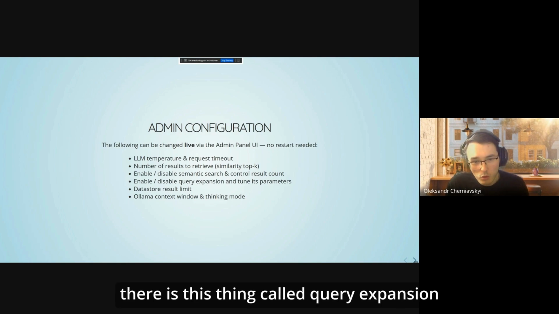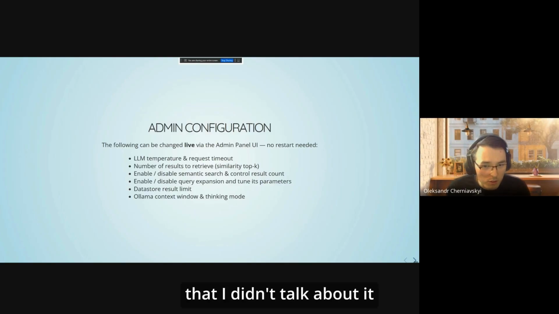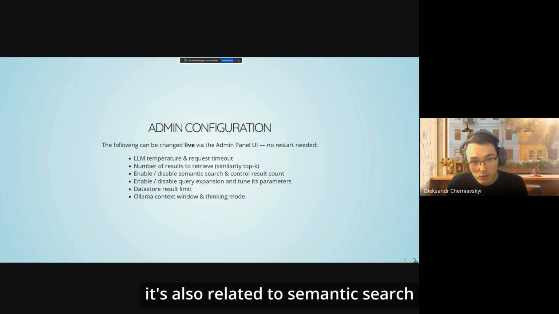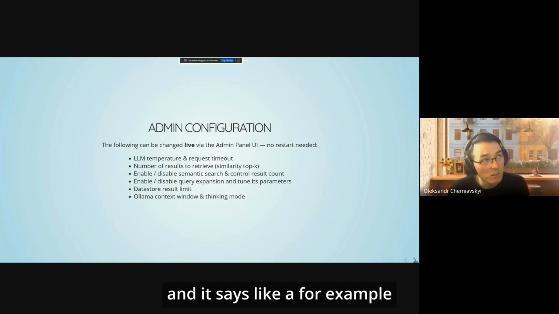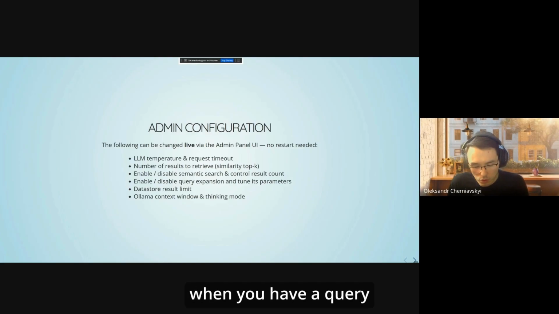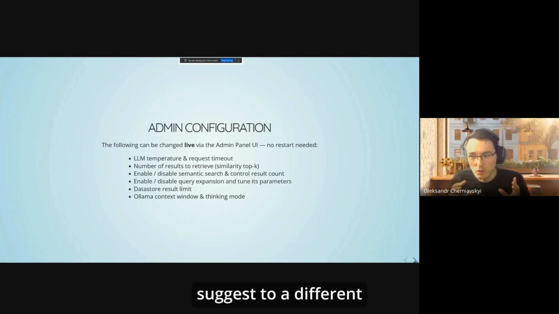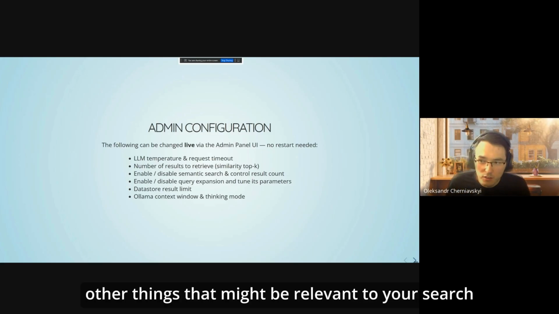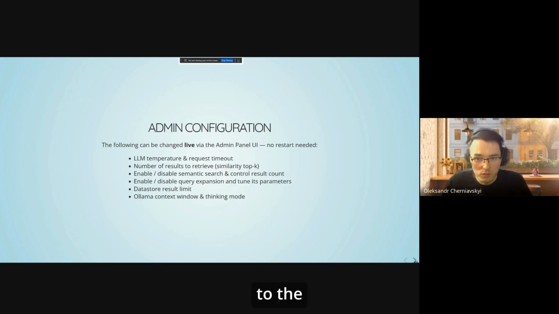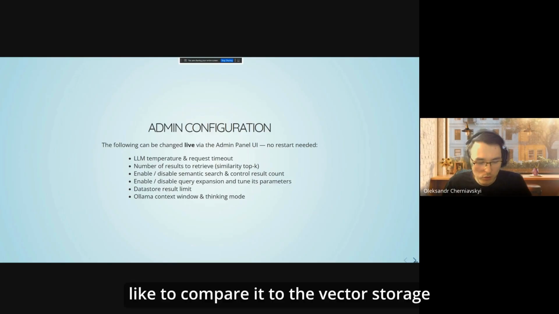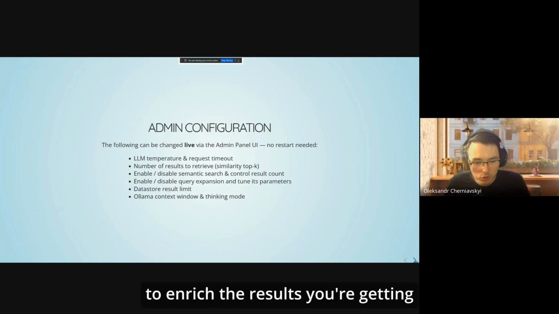There is a thing called query expansion that I didn't talk about. It's also related to semantic search. When you have a query, we can expand it and suggest other things that might be relevant to your search, to compare against the vector storage and enrich the results you are getting.